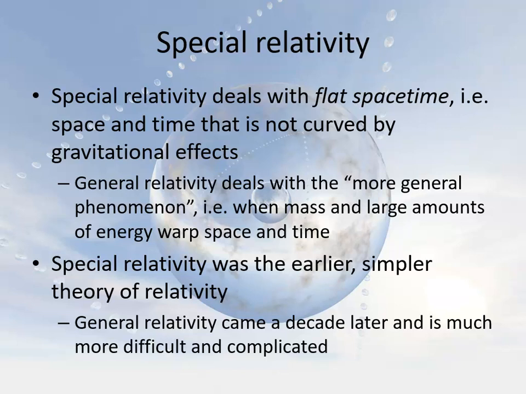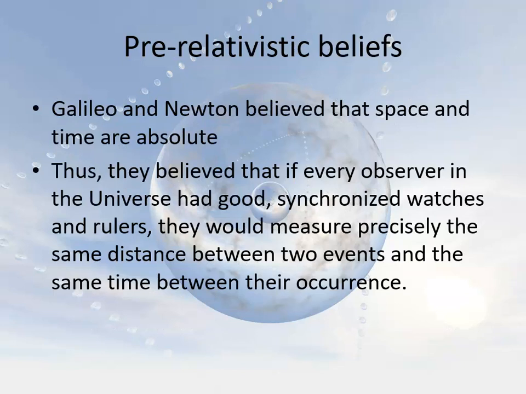I mean, most of special relativity can be understood just using a little bit of algebra and a little bit of geometry and some logic, whereas general relativity brings in a whole lot more math, which is why it took Einstein a lot longer to come up with general relativity. He had to learn about tensor calculus and differential geometry. Well, really the same thing, but in terms of applying that to his special relativity.